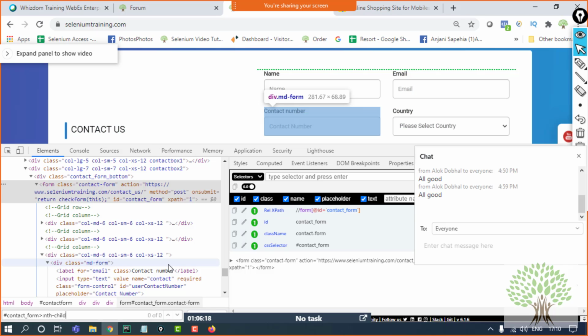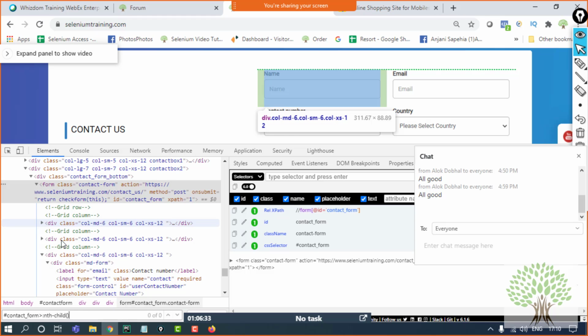Now for this nth child, all the parallel tags are equal. Be it a division tag, be it a script tag, be it an input tag, all those are equal. Just the numbers are going to vary. Like over here, this is a division tag. If I write 1 over here, then it will go to the first division tag.